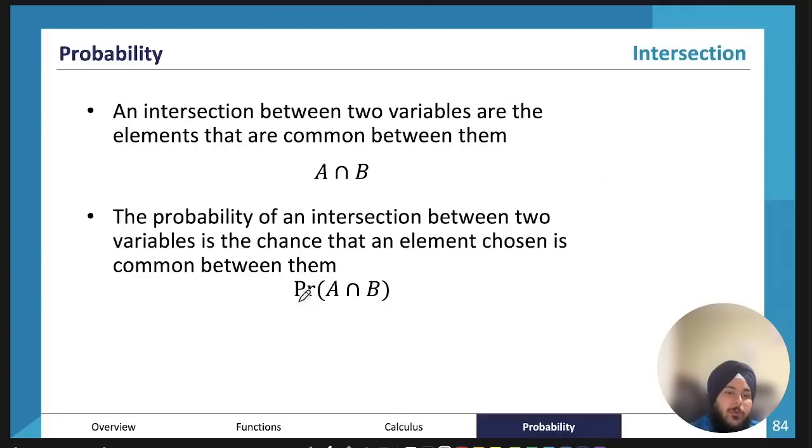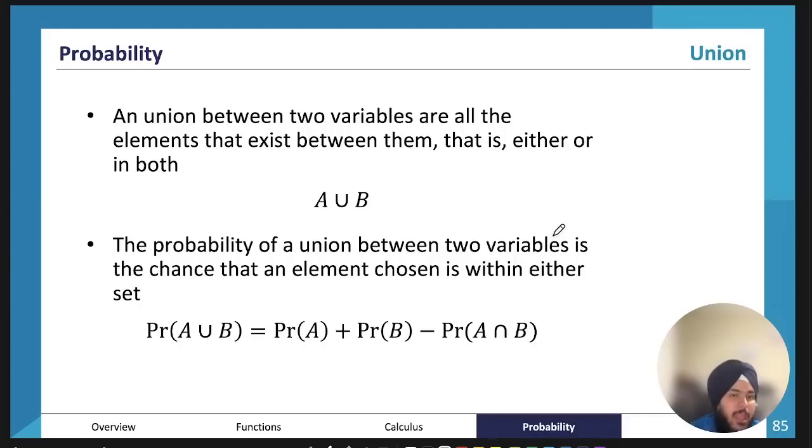And really important, when we're working out the probability of A and B, we're just looking at the intersection, or what is the probability or the chance that both of the elements are chosen together. This is different to the probability of A or B, which is essentially what's the probability that we get A or B, or this actually determines the union. But essentially, let's just say we have,